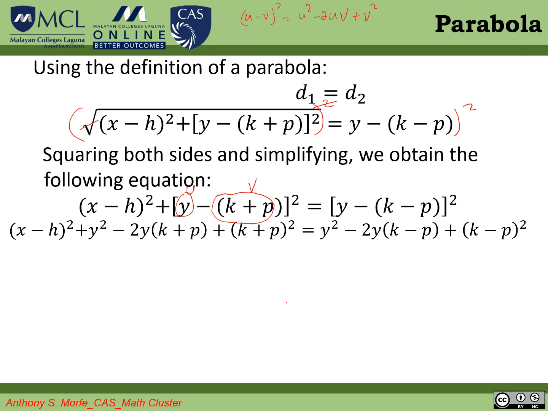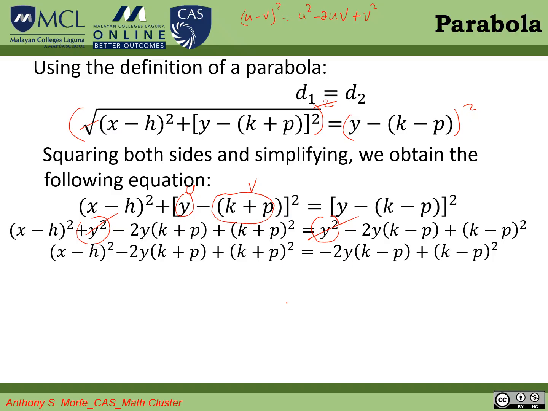And on the right side, when you square this one, same thing. Square the first term, twice the product of the first and second term, we got this, then square of the second term. So as you can see, we have a term on the left side, y squared. We also have y squared on the right, so we can eliminate this one. And then when you distribute and expand this one, you have something to get rid of on both sides. So this is what happens, class. We get rid of y squared.